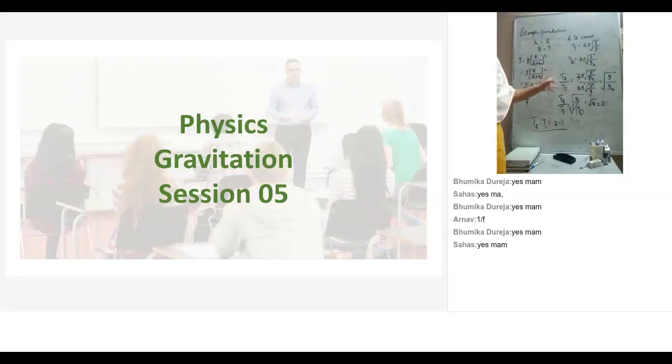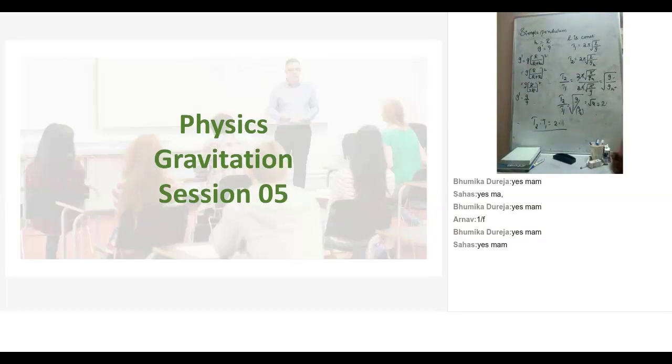Now the question is, what is the ratio of T2 by T1? So I have considered T2 by T1 here, and they have these values. When the constants get cancelled out, you will be left with root g by g_h, where g is acceleration due to gravity and g_h is acceleration due to gravity at a height h.